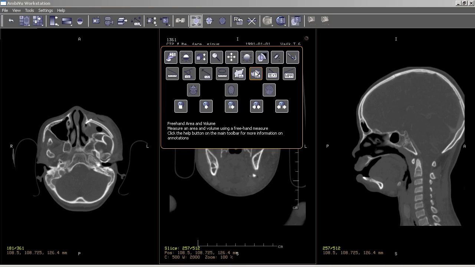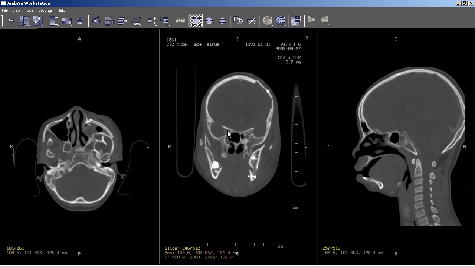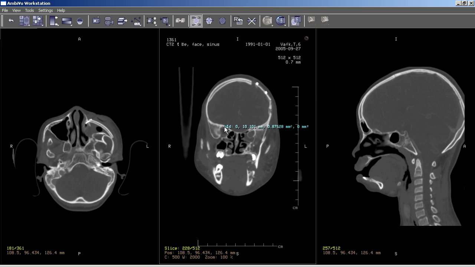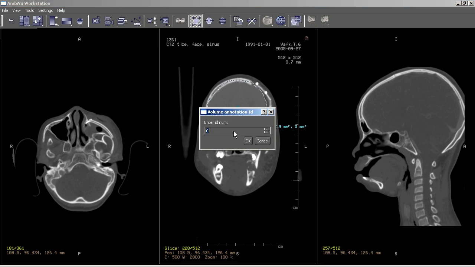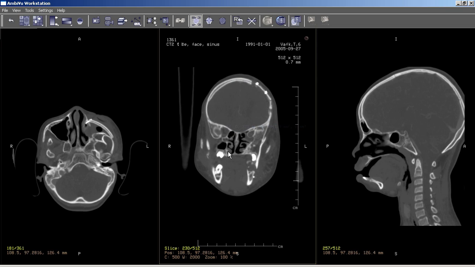The next tool is the freehand area, which is also useful in giving a volume of things. So let's say I want to measure the area. This is very similar to the lasso tool from painting programs. The program will ask me for an ID. This is just a number. Let's say I put 0